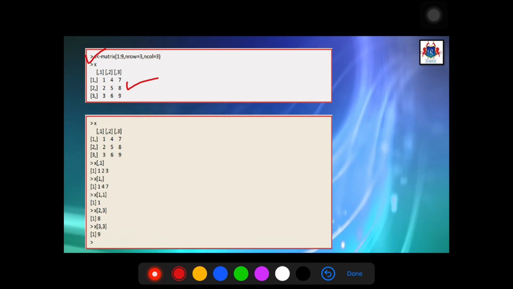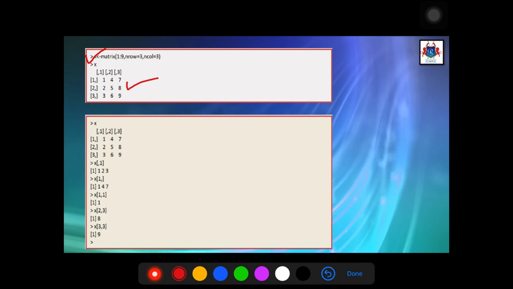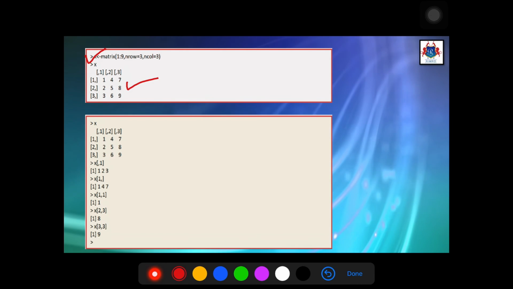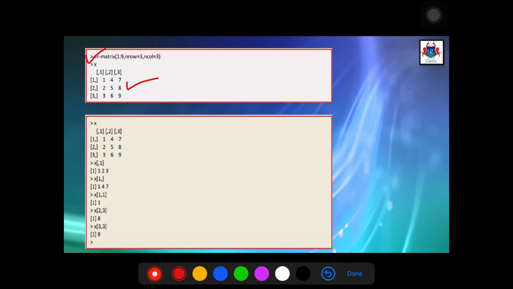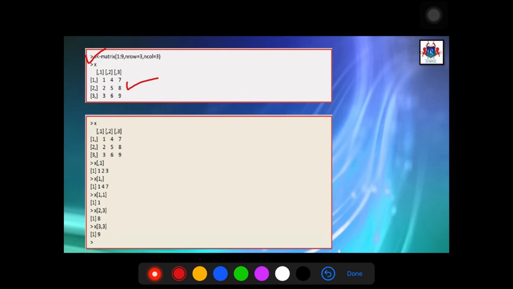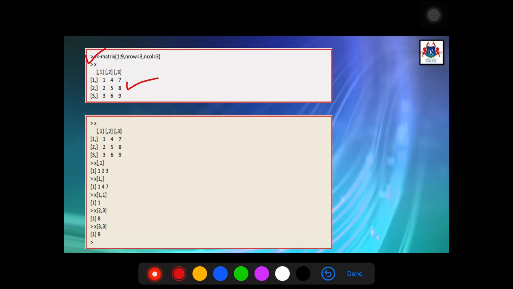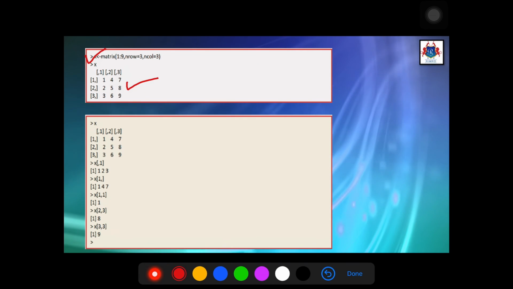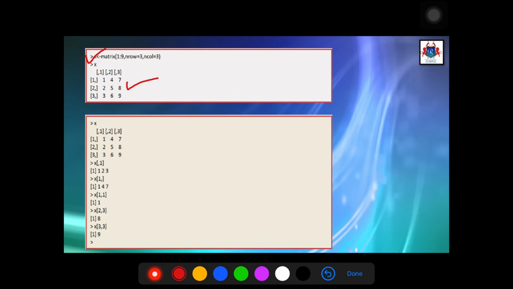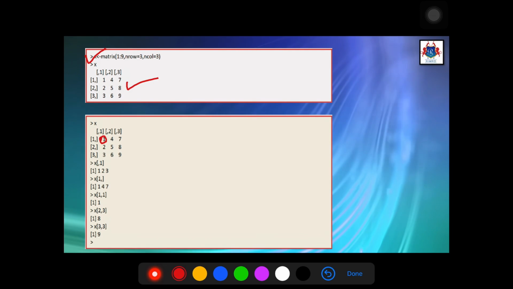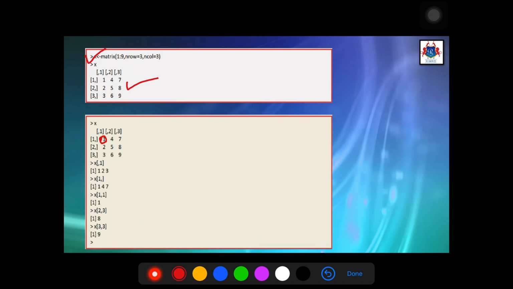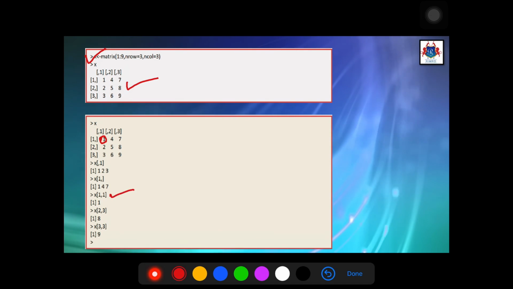Now if one wants to specifically see the data element of the nth row and nth column, it can be checked simply by giving the coordinates of the matrix. Say for example, if you want to know the data element in the first row and first column, you simply write x[1,1].